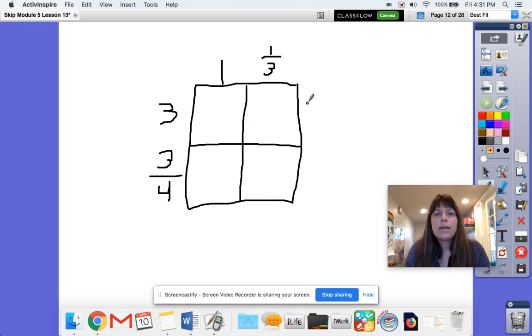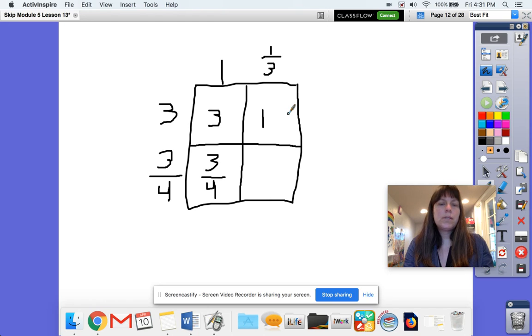And then you just go ahead and multiply in each box. So 3 times 1 is 3. And 3 times 1/3 would give you 3/3, or 1, right? 3/3 is the same thing as 1. Down here, 3/4 times 1 is 3/4. And the last one is 3/4 times 1/3, and that's going to give us 3/12,